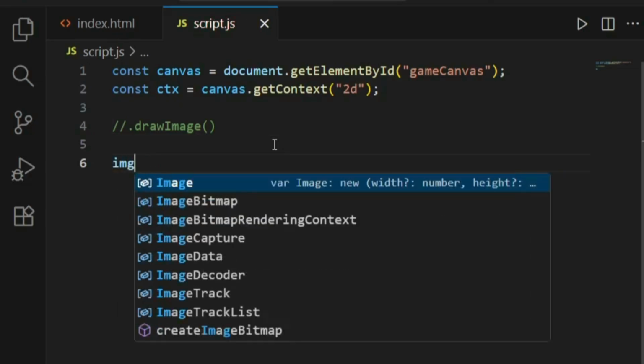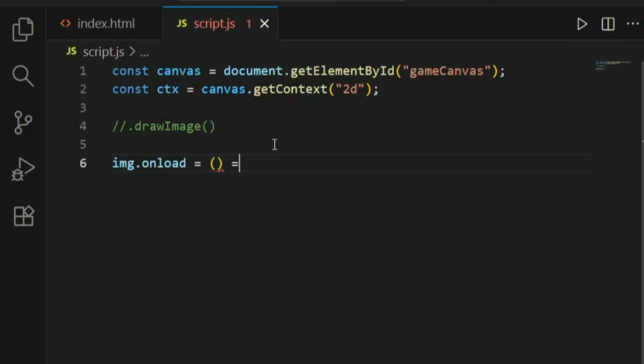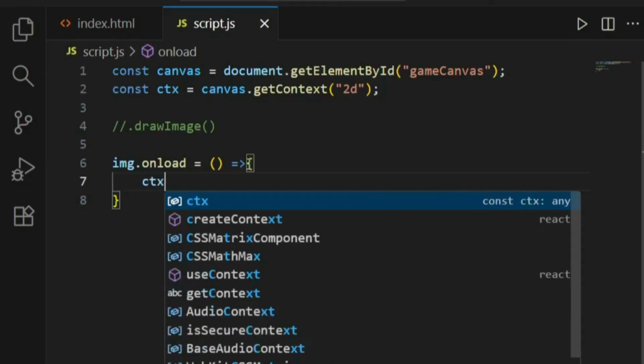Okay, I'm going to type out img.onLoad, and what this will do is tell it what to do when the image has finished loading. So once the image has finished loading, we have to actually draw the image onto our canvas. So we should type out